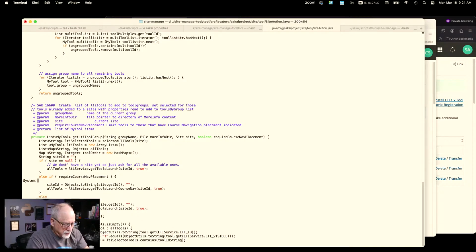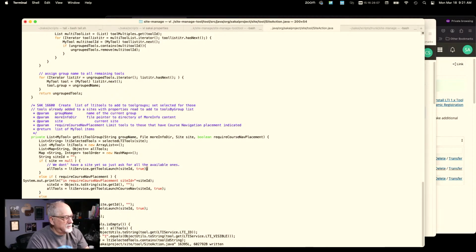I guess I'll print that site ID, in case somehow the site ID is null,